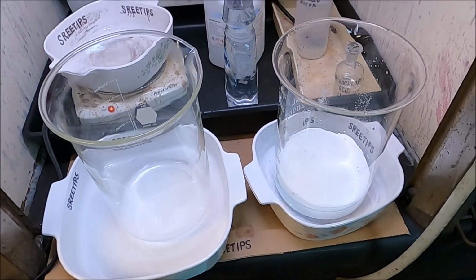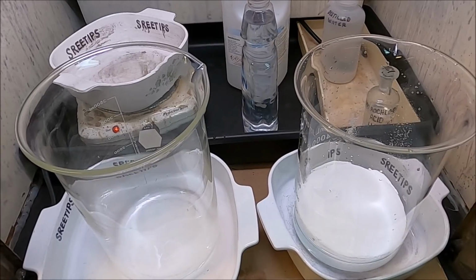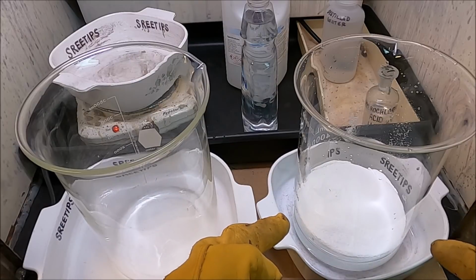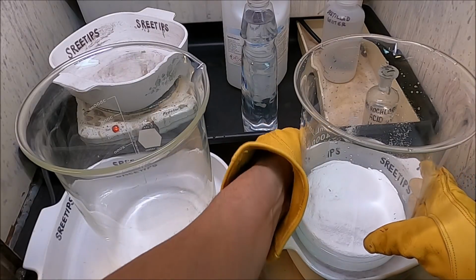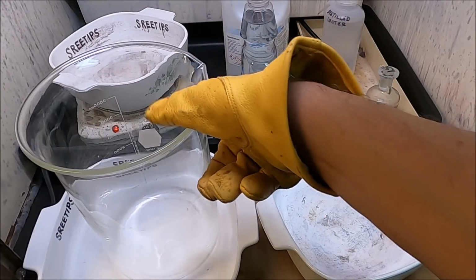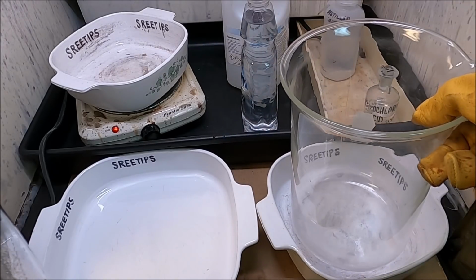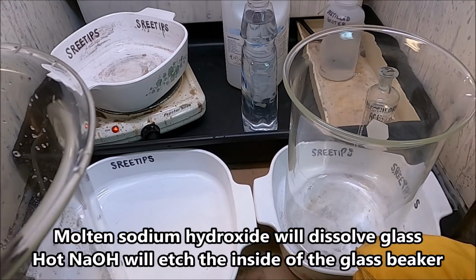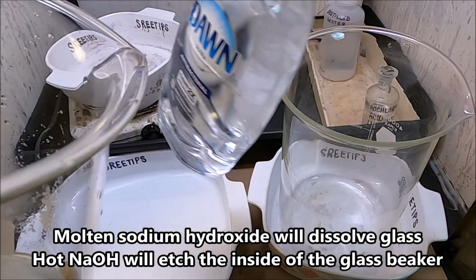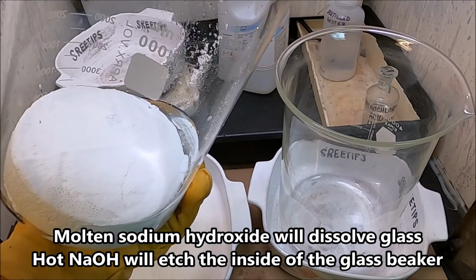I did one more rinse off camera, and now we're ready to do the conversion to pure silver with lye and sugar. But before I do that, this is one of my brand new beakers. It's nice and pristine, and I'd like to keep it that way. This is one of my older beakers, kind of scraped up on the inside. When we put the lye in here to do the conversion, lye will tend to etch the glass, and so